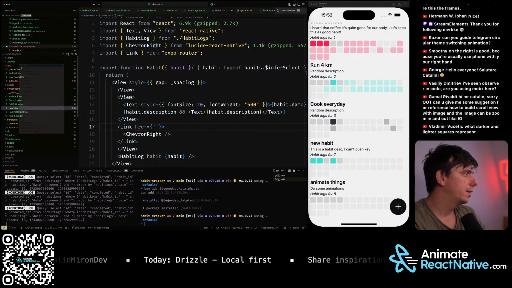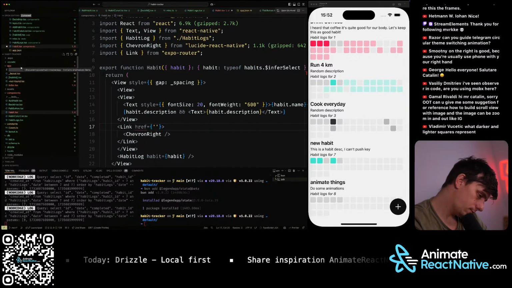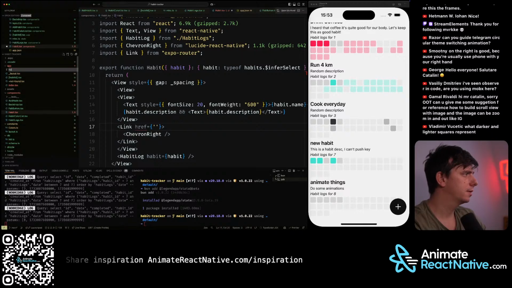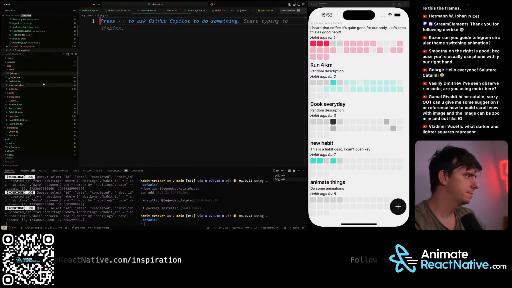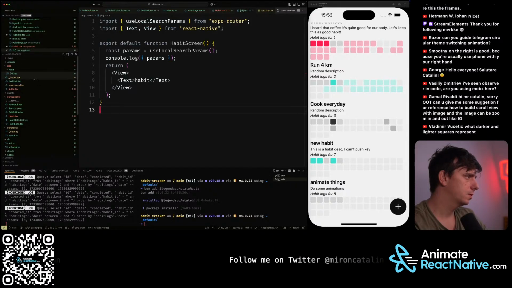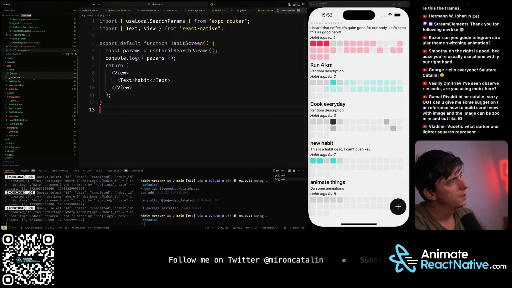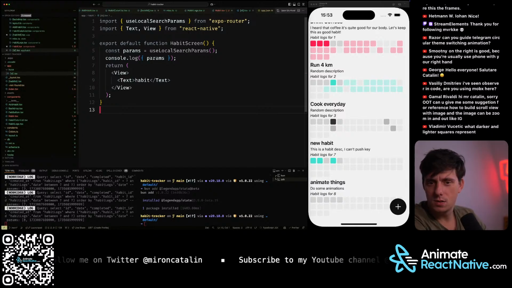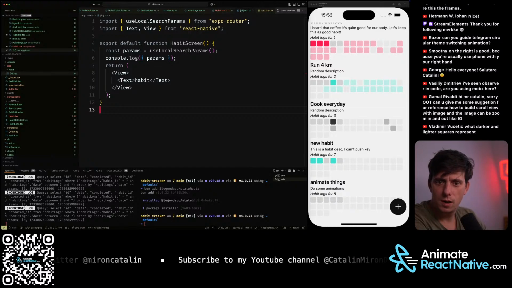I think that I will add here habit, and I'll add the ID plus tsx. Is this better? Maybe, right? Because maybe you are going to have